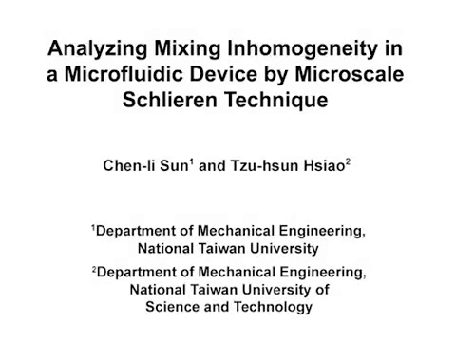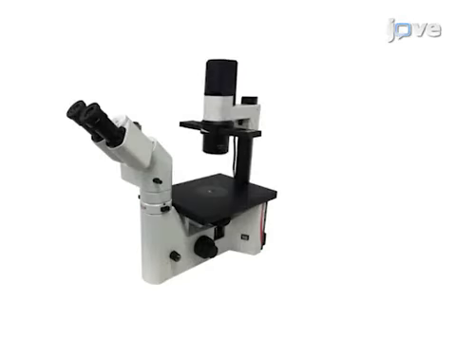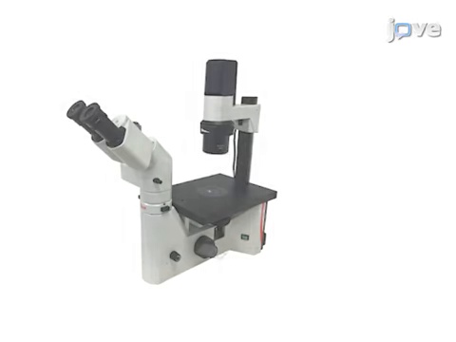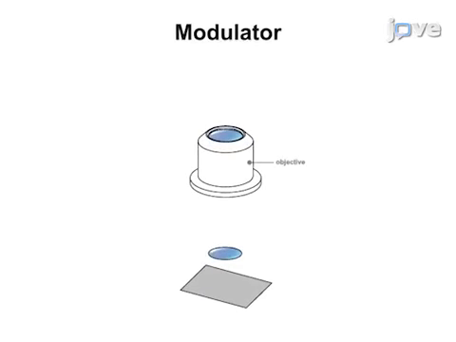The overall goal of this procedure is to non-invasively measure the concentration gradient in a microfluidic device by using the micro-schlieren technique. This is accomplished by first constructing the micro-schlieren system from a Hoffman modulation contrast microscope. Remove the slit plate of the condenser and replace the modulator at the rear focal plane of the objective with